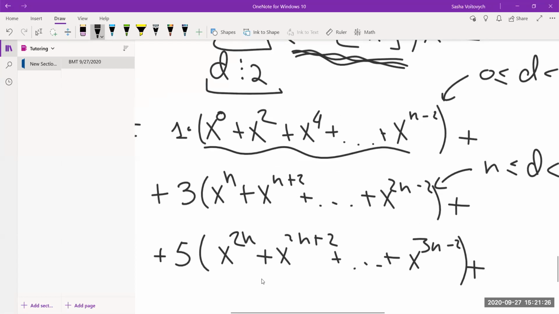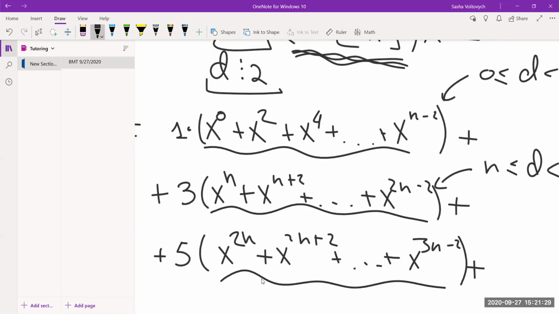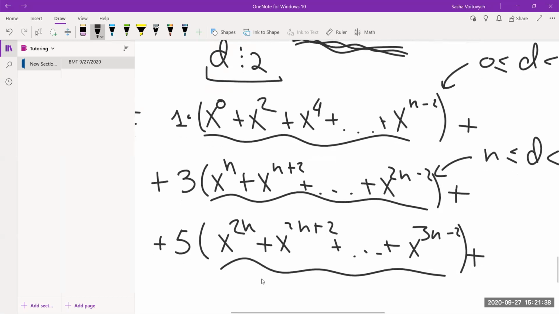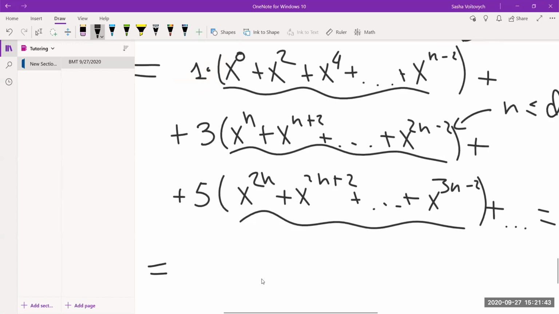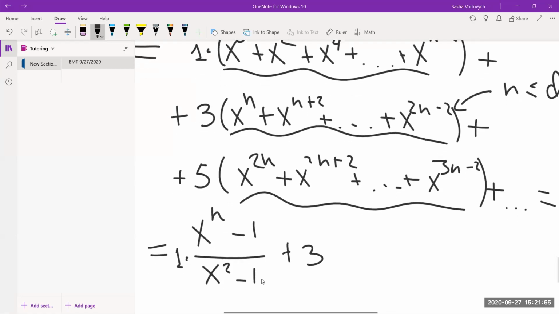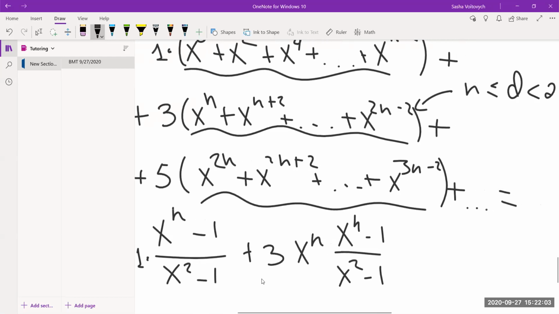So each of these we can collapse into a single expression because it is a geometric progression. So we just use the formula for geometric progression to collapse it into something. So we get x to the power of n minus 1 x squared over 2 plus 3 times x to the power of n minus 1 over x squared minus 1 plus 5x